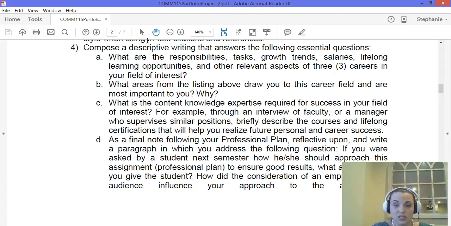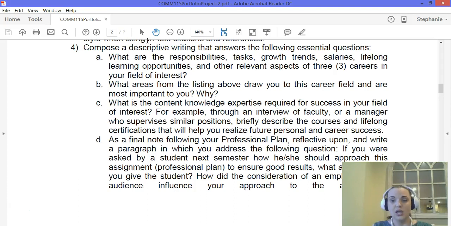So that's why I'm choosing this field. It's going to be a great field. It's going to be very lucrative and I'm not going to have a problem finding a job in it, all these different things. So what are the responsibilities, tasks, growth trends, salaries, lifelong learning opportunities, and other relevant aspects of 3 careers in